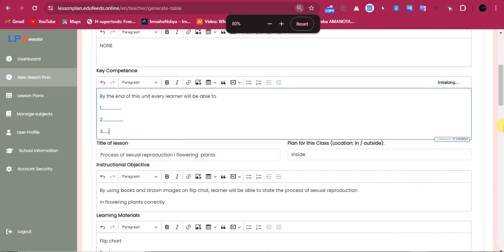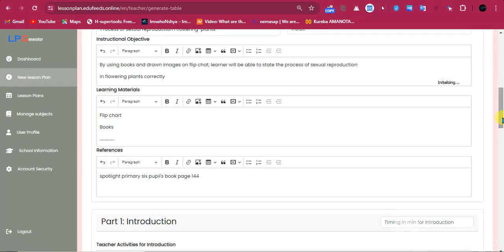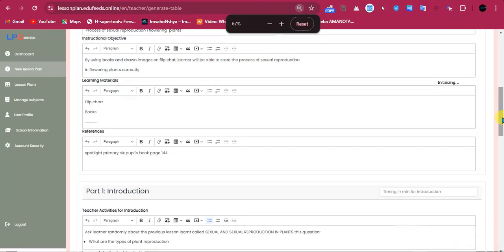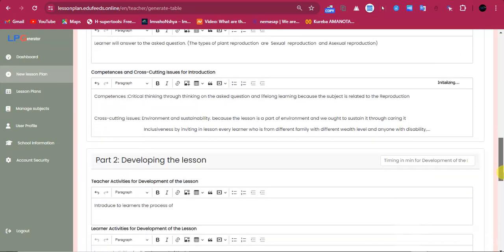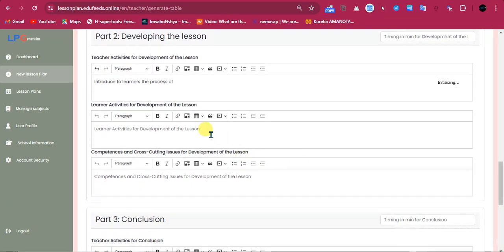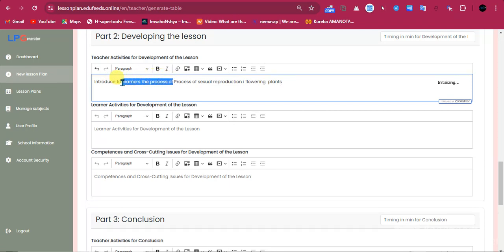Let me zoom in a little. This is a zoom in and this is a zoom out. Introduce to the learners the process of sexual reproduction in flowering plants.